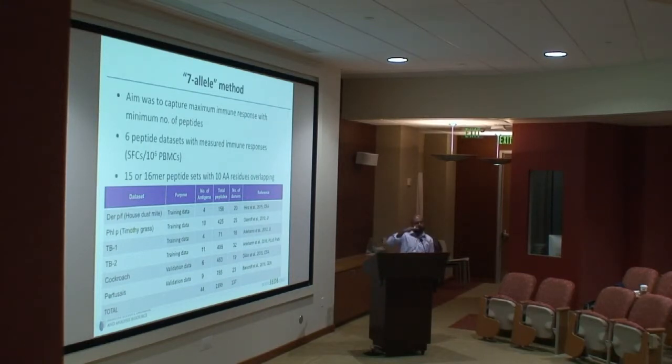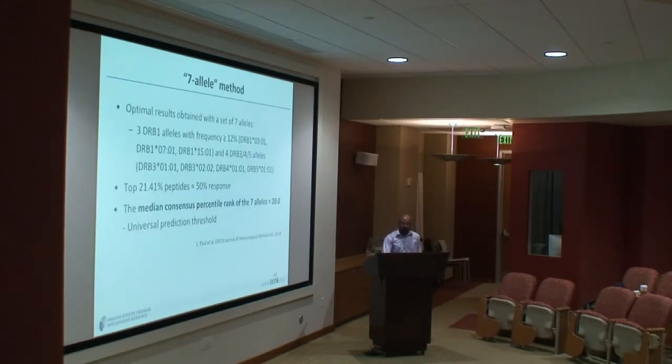Essentially the aim was to capture the maximum immune response with the minimum number of peptides. We had 6 peptide data sets, which contained essentially 15-mer peptides with 10 amino acid residues overlap. We tried different approaches, and what we found was that when we use a set of 7 alleles,